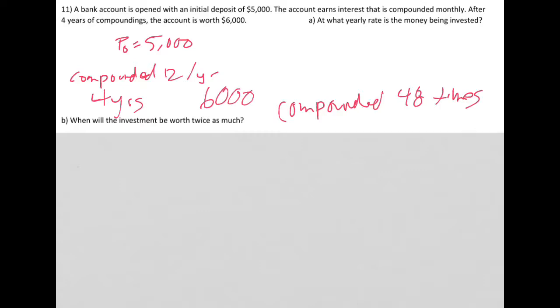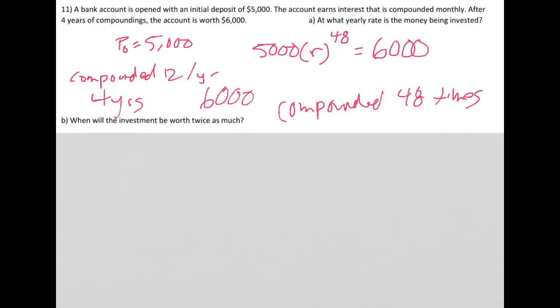So we've got the starting quantity of 5,000, and we are compounding that by multiplying it by some rate, and we're compounding it 48 times. And notice that since we're going to be increasing our money, that rate is going to be some positive decimal greater than 1, so 1 point something something something is what we're looking for. So let's see if we can find it. So we know that this is going to equal